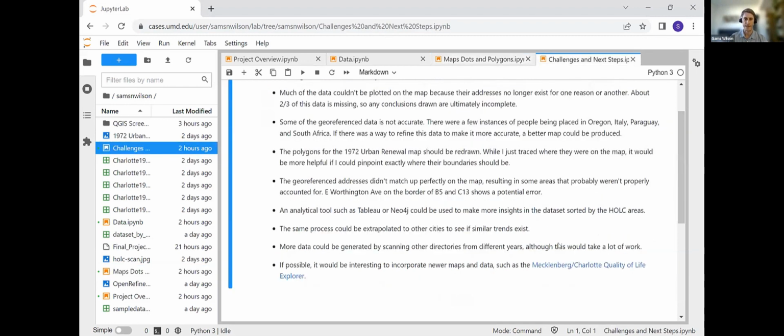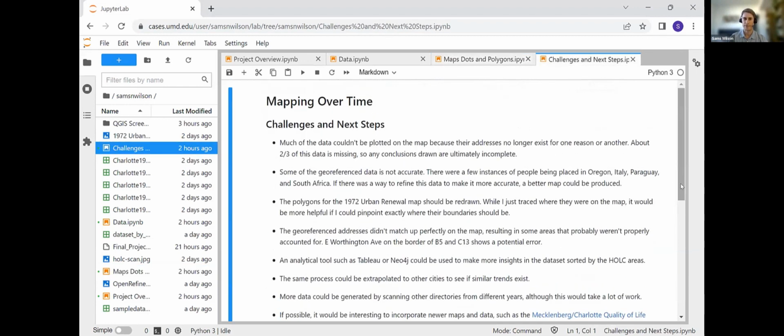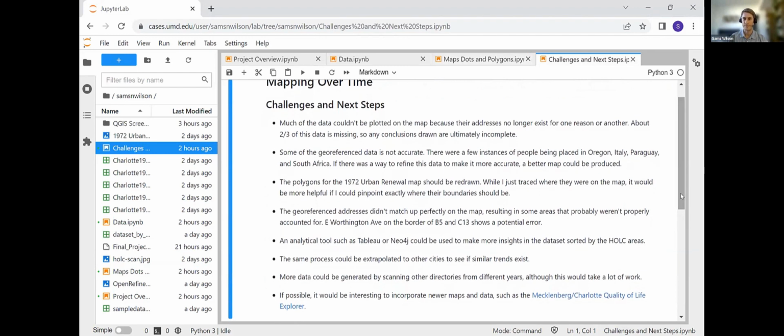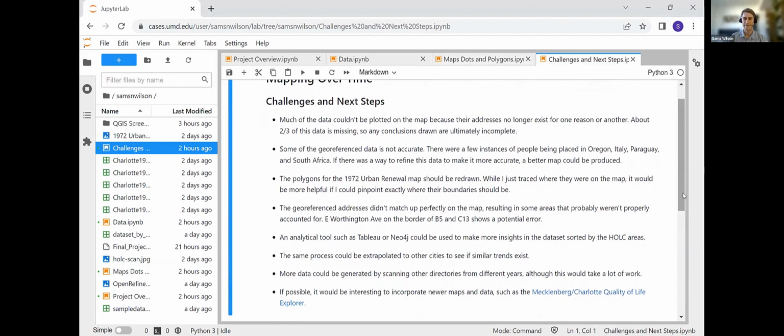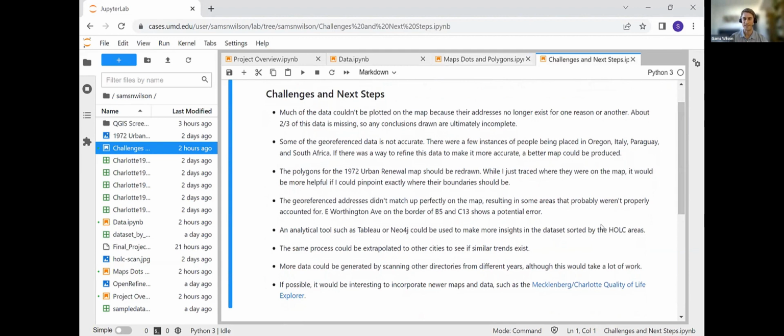And here I wrote down just some challenges and possible next steps. But yeah, that is pretty much it. Basically, some of the data wasn't necessarily accurate. I wish I had more data that I could use, and there's a lot more potential for fleshing